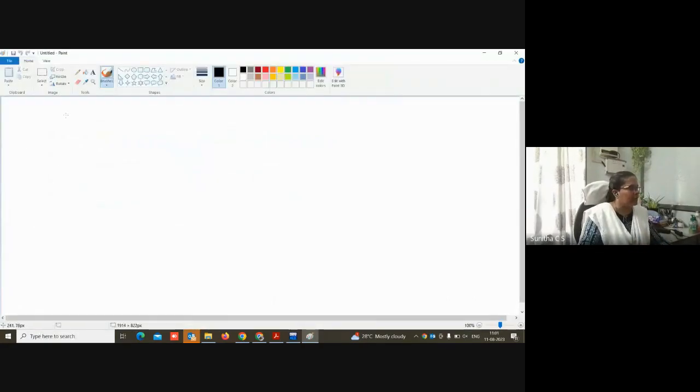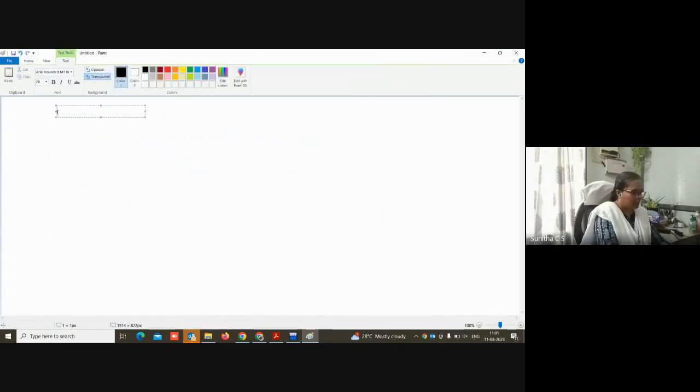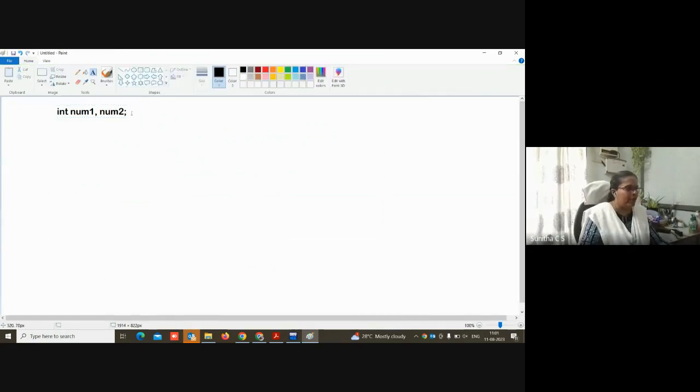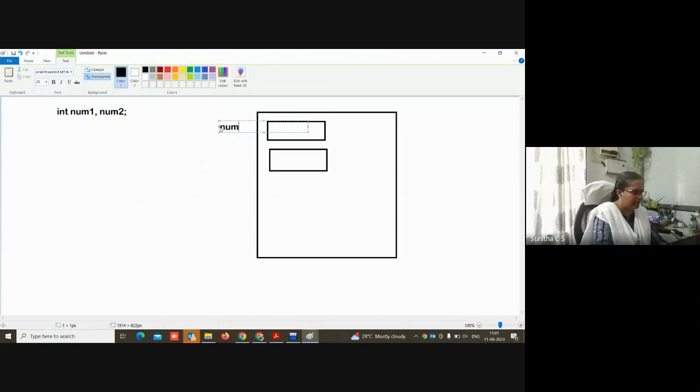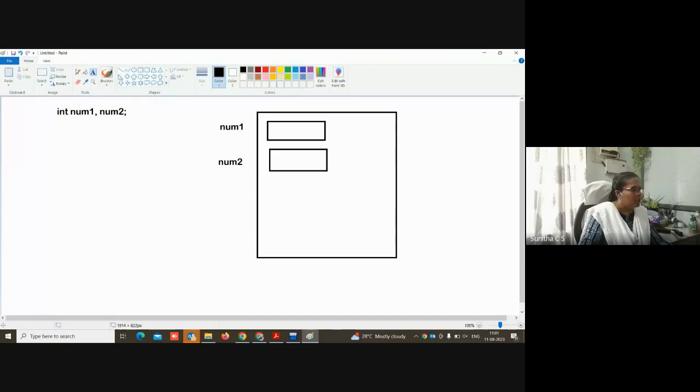So suppose you have the statement int num1 comma num2. When this statement is executed, there is a memory, and inside that memory 4 bytes are allocated for num1 and 4 bytes for num2.